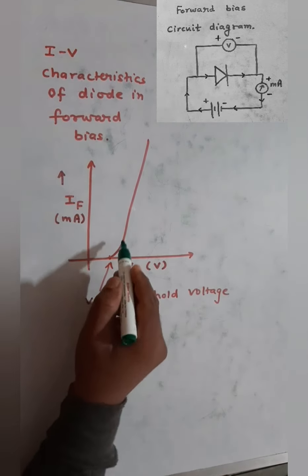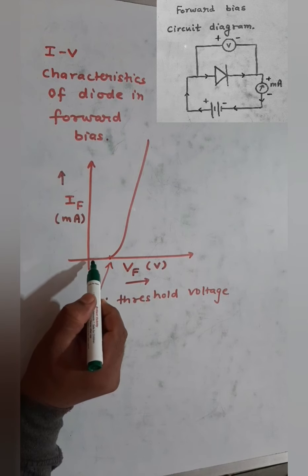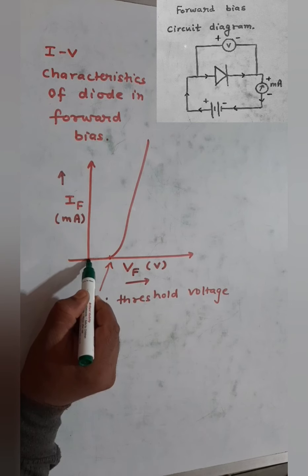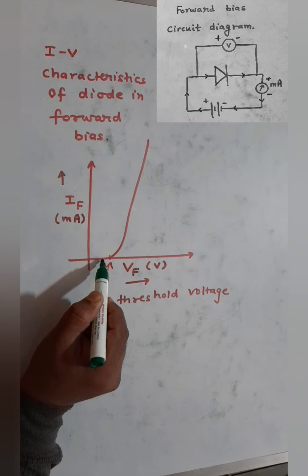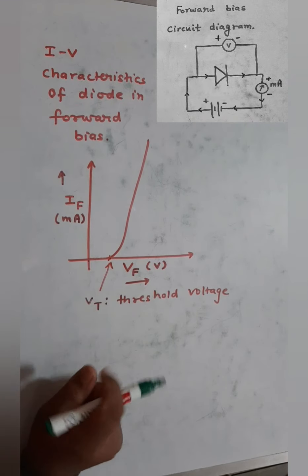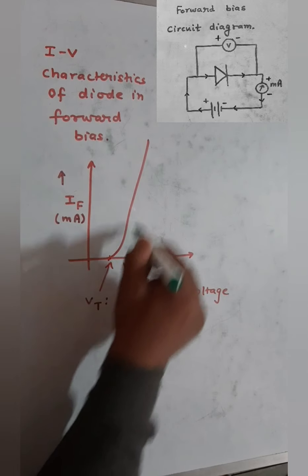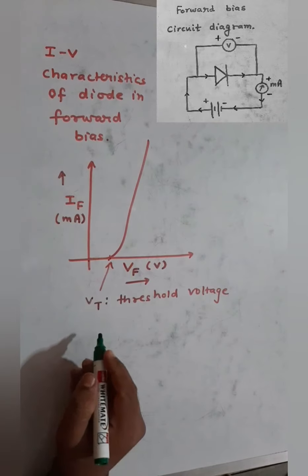Beyond the threshold voltage, the current starts increasing very rapidly with further increase in voltage, but until this value the depletion region was there. When you start the voltage from 0 and increase it, the depletion region is shrinking, but the circuit is not complete yet, so there is no flow of current. But as soon as you reach this value, the depletion region disappears completely and the circuit gets completed, and that is why current starts flowing and it increases rapidly.